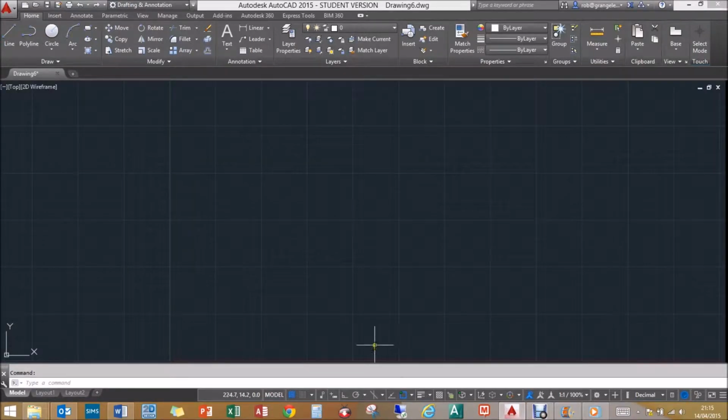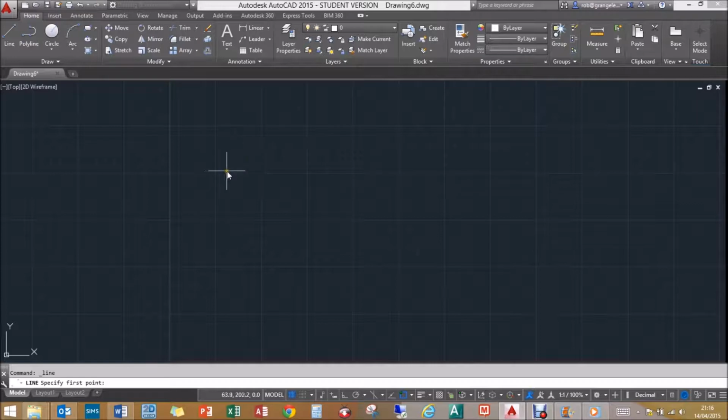The basic commands for creating drawings are on what are known as ribbons. So these are our ribbons in AutoCAD. The ones we're going to focus on for this video are the basic drawing ones. So if we start off, if I wish to draw a line, if I click on the line, you notice